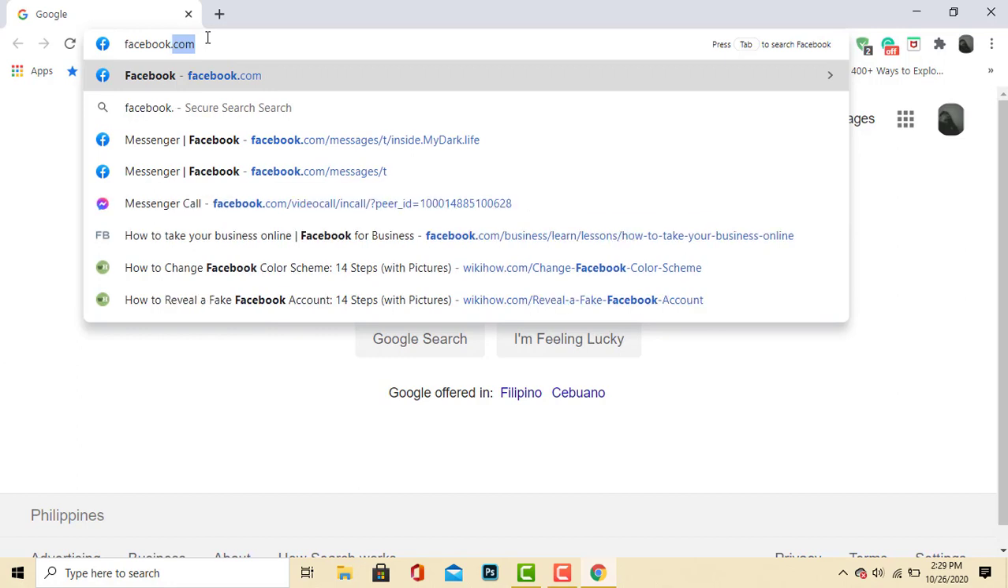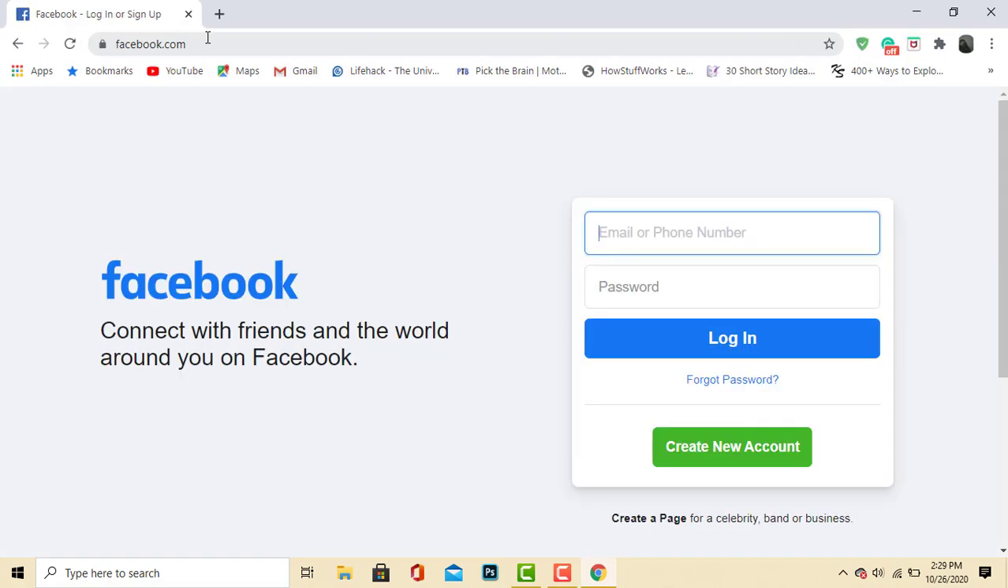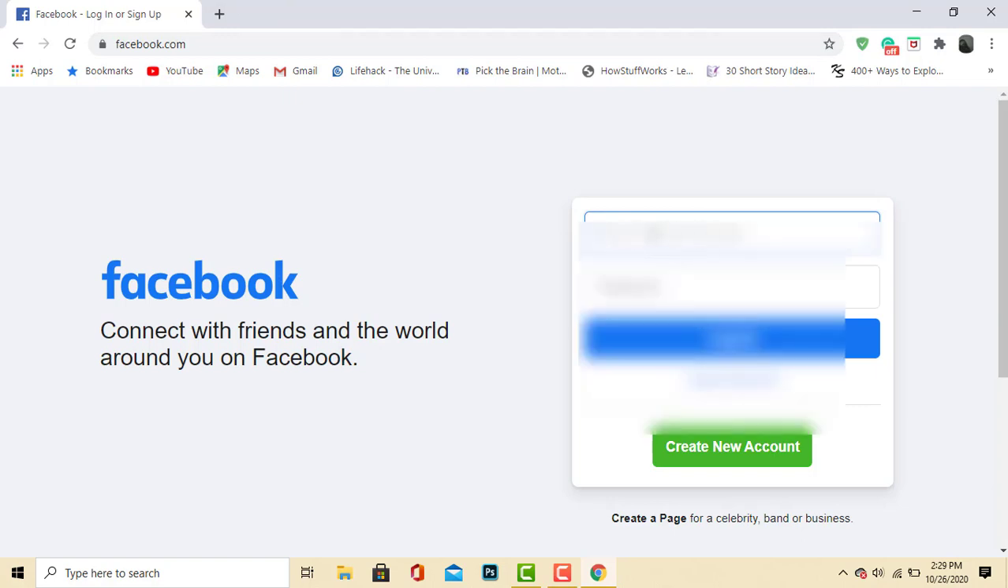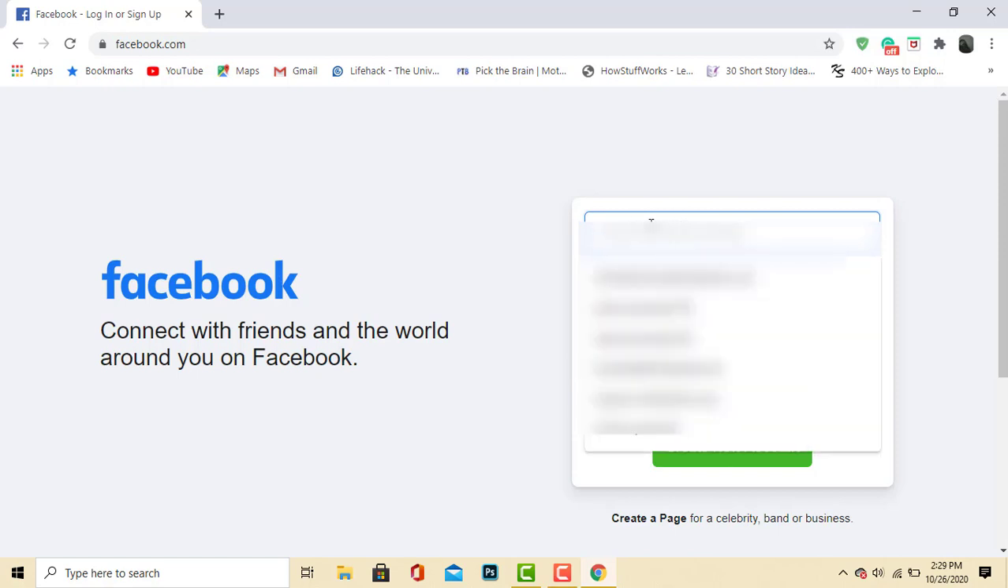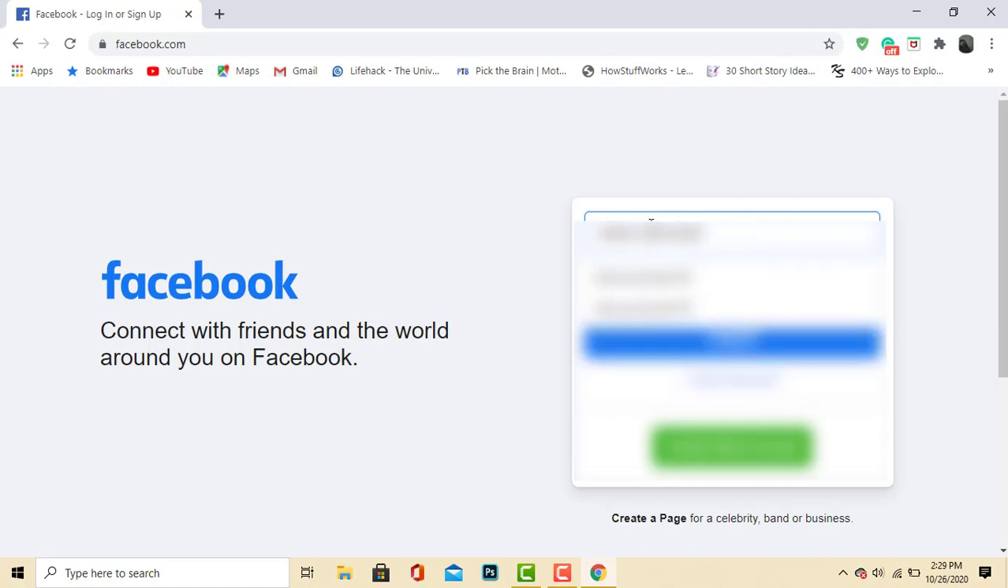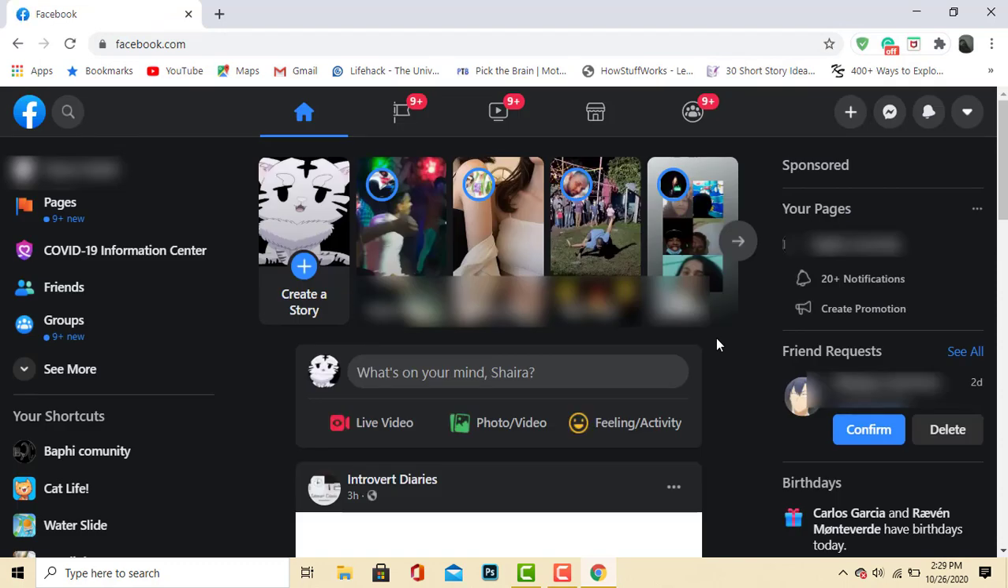Okay, so enter facebook.com, and after that type your email or phone number here. So after that, type your password below the email, and then after the password, hit login, this button. So you can see your home timeline,